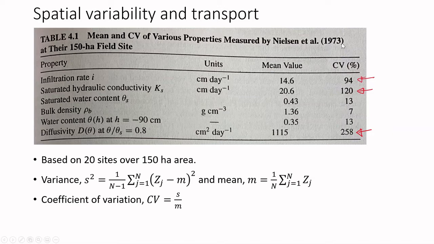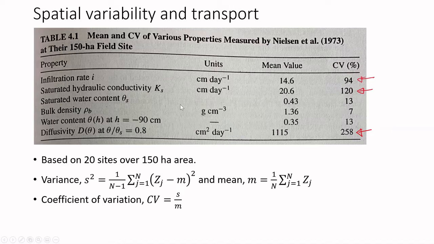et al. in 1973 at the 150 hectare field site. The 150 hectare field site is a large area, and in that large area they picked 20 sites, 20 sites out of the 150 hectare area. They tried to measure the infiltration rate, which is given by I. They also measured the saturated hydraulic conductivity, Ks, the saturated water content, bulk density, the water content at a particular matric section, and the diffusivity,